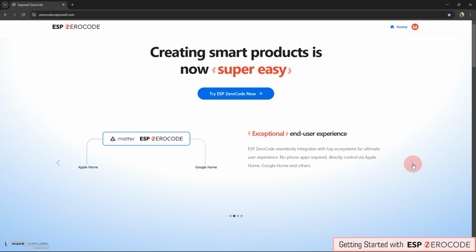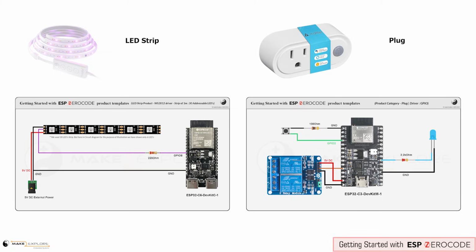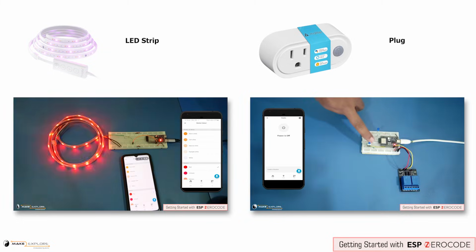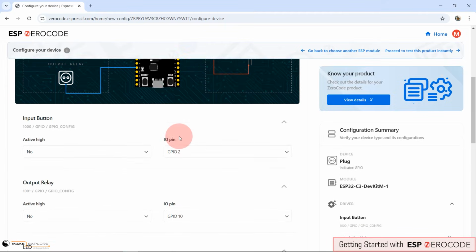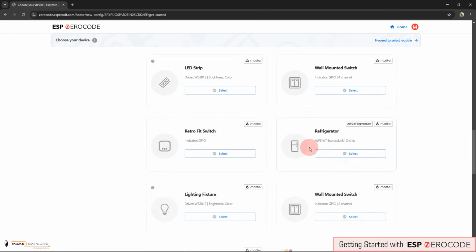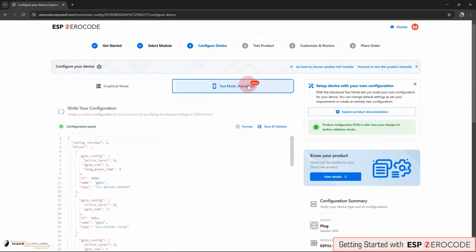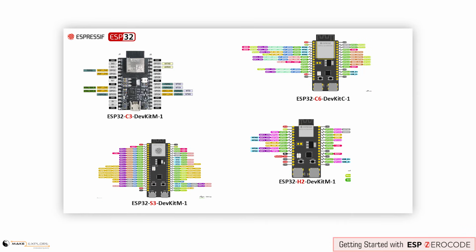So in this way, in this video, we have seen demo of 2 simple ESP ZeroCode products with configurations using graphical mode. In next videos, we will try to explore more products, and the text mode of configuration will also use different